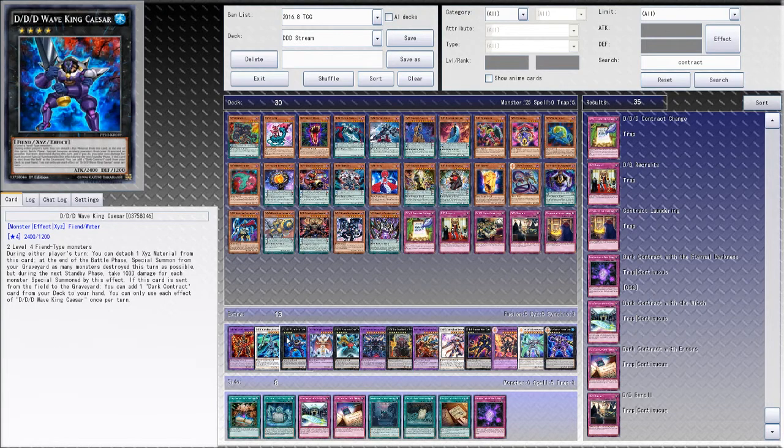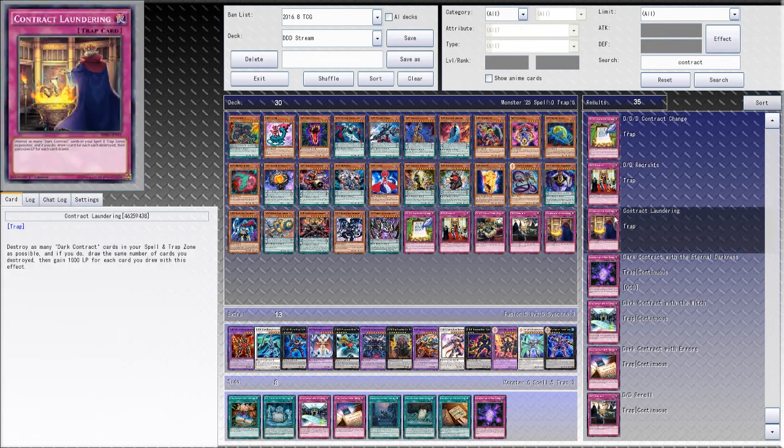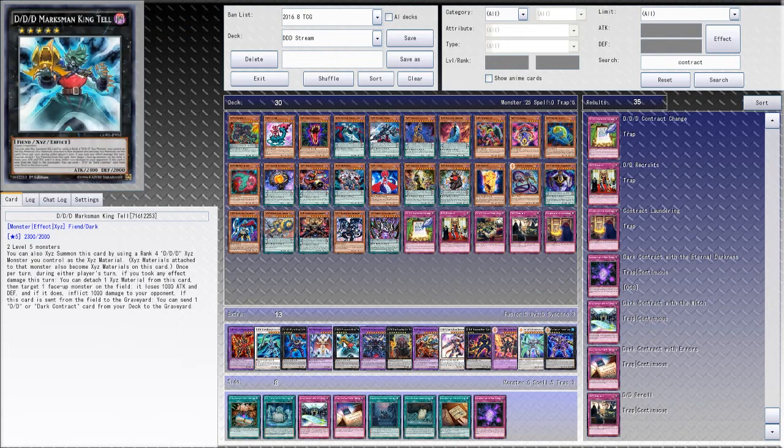So DDD Wave King Caesar, based off of Julius Caesar. We have a rank 4 Water Fiend Xyz monster with 2,400 attack and 1,200 defense. It requires 2 level 4 Fiend type monsters to make. So right off the bat, you can see that this card is pretty hard to make, because it requires 2 level 4 Fiends. Exactly, pretty specific. There aren't that many options in the DD archetype except for Lilith and Cerberus, maybe. I mean, you can use stuff like Copernicus, or you can alter levels with Baphomet, but...